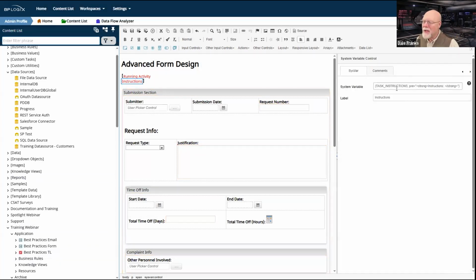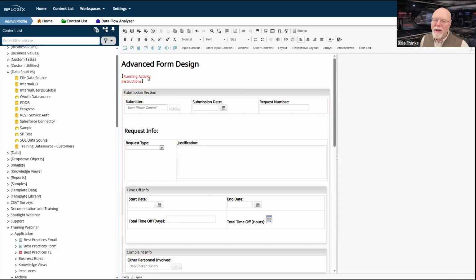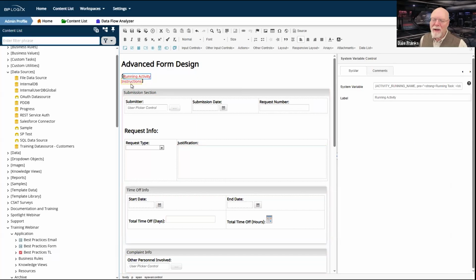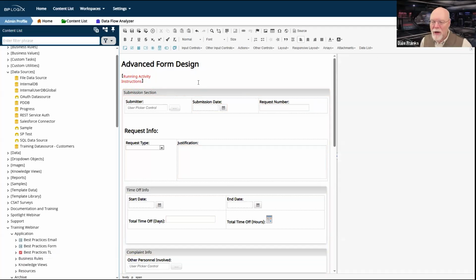And I've done the same thing for task instructions. So I've also colored them red. And so basically, I'm going to see red text at the top with both running task and the word instructions. Both of them are going to be boldfaced, red at the top of the form.